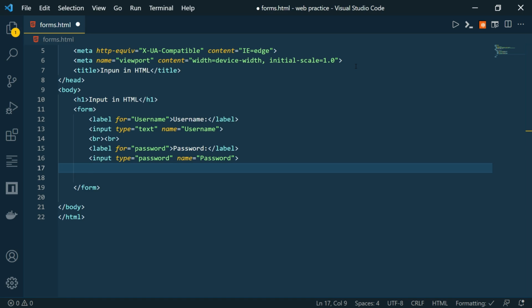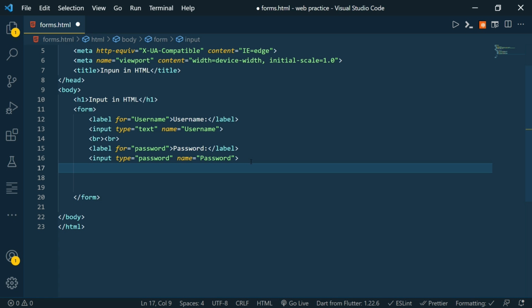We have seen almost all the types of input that are available to take in HTML in our previous videos, and in this video we will be seeing how to submit and reset our form using buttons. So to summarize it, we are going to see button controls in HTML. So let's get started. I've made a simple form over here. We have a username field and a password field. Now we will create two buttons, submit and reset, and we will also see two more types of buttons using which we can control this form.